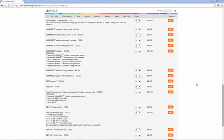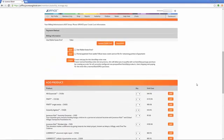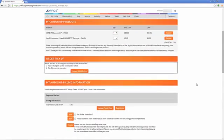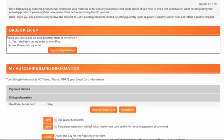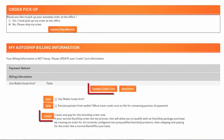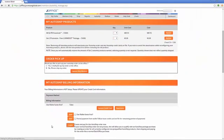So once you have your Autoship set up the way you want, you've got all of the products that you're going to set up on your Autoship here in your cart, then you are good to go. Go ahead and finish it. So you would click on either the Update Credit Card or the Create button and go forward and put in your payment information. So I'll just click that just to show you. We set this Autoship up,